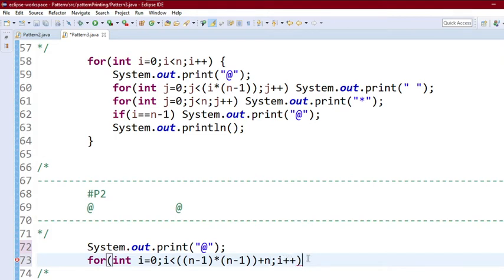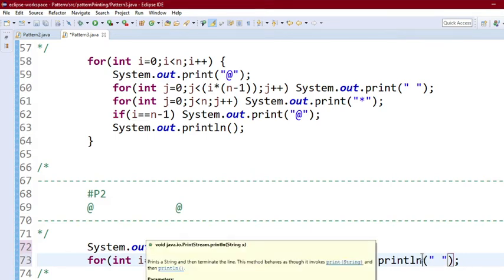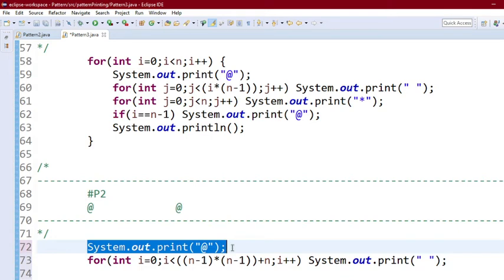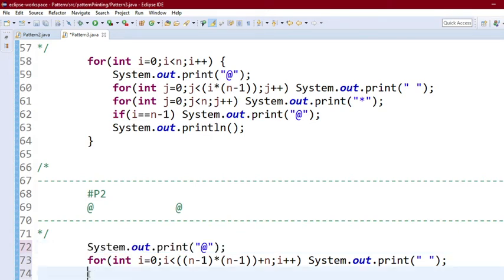Okay, after this we just print the white spaces, and after printing these white spaces we have to again print this @ sign. So just copy this and paste this.